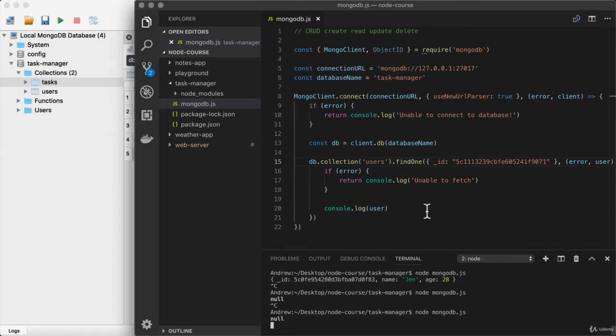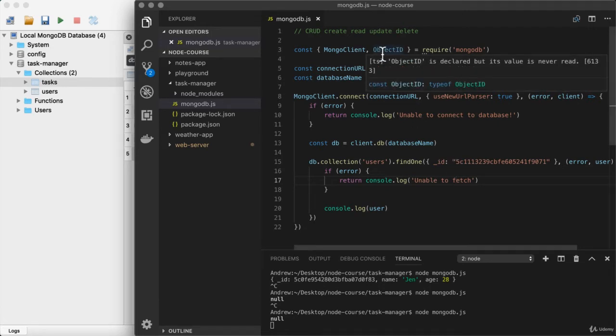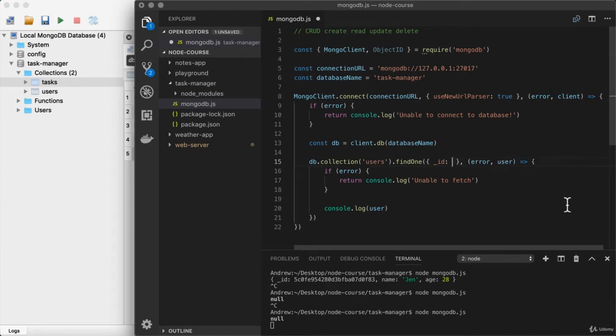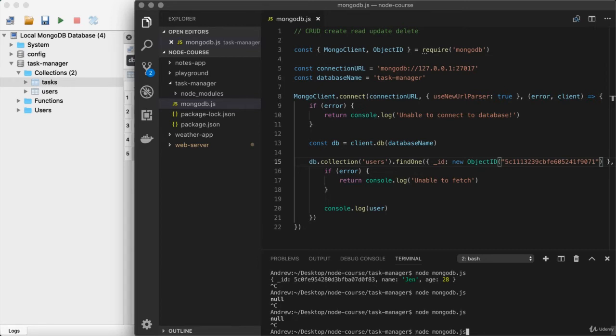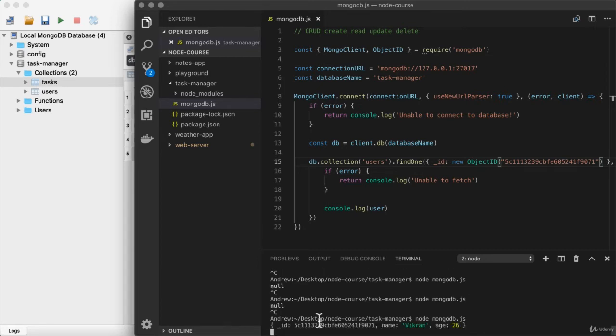If we want to search by ID, we have to provide an object ID, so we have to use that function we talked about earlier. Right here, let's go ahead and wrap this string in that function call. I'm going to cut the string out, including the opening and closing quotes. I'll use new object ID. Then I'm going to pass to it the string that I just cut out. Now we are providing a valid object ID in the query object, and if we rerun the program, we are indeed going to get the result expected. So right here, I can see that we do have the document showing up for Vikram.